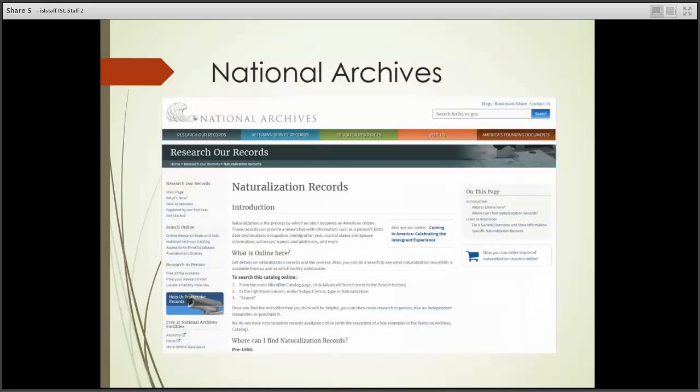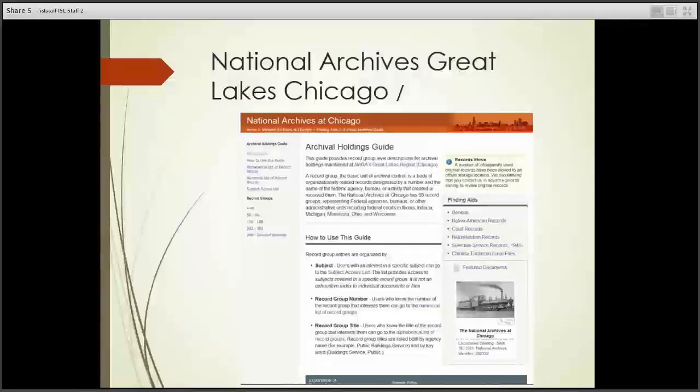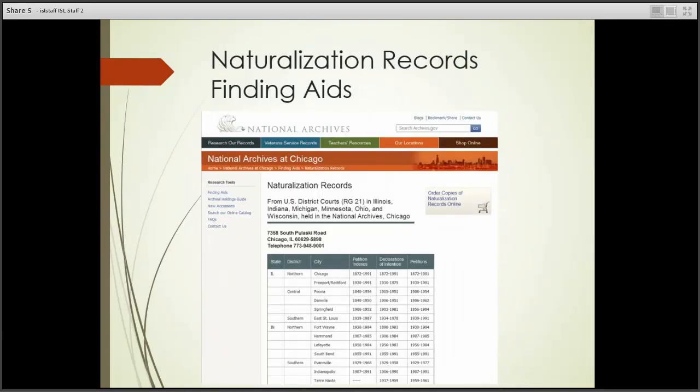National Archives, of course, has a lot of information about naturalization records on their website, and you can go through their information, and it can tell you where to find things, especially they're more useful for things after 1906. The records for different district courts are held by their local archives, so the ones for this area would be found in Chicago. And so if you're looking for anyone from Illinois, Indiana, Michigan, Minnesota, Ohio, or Wisconsin, and they were done in district court,